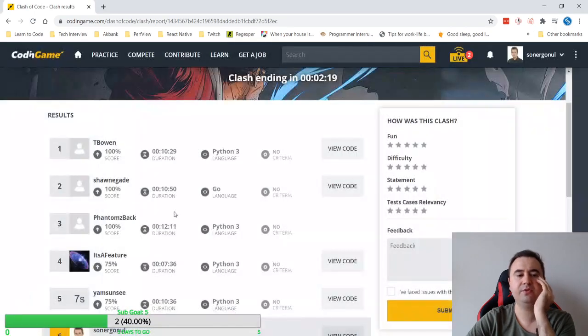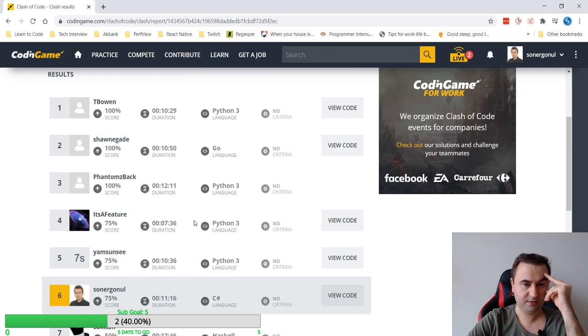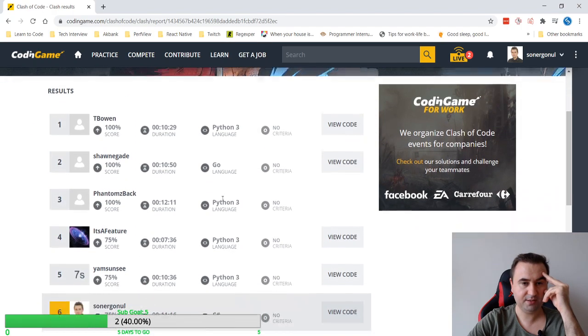Yeah, it's just quite confusing, exactly. Phantom's back is already solved. Also solved. I mean, it's not boring difficulty, easy, but test case relevancy, I think it's very bad. Statement is very clear. I can submit it. I don't know if it completely works or not, but